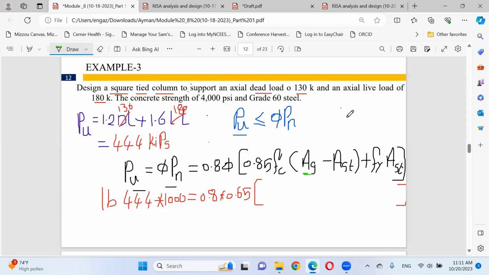Area gross of the column, because I don't know what the dimensions of the cross section of the column are. We have a square column, but I don't know the dimensions. And also, I don't know anything about the area steel. So we have two unknowns right now. So we have to assume one of them and find the second one. That makes sense because the right side of the design equation has two unknowns. How much area gross of the total cross section of the column? How much area steel will be needed